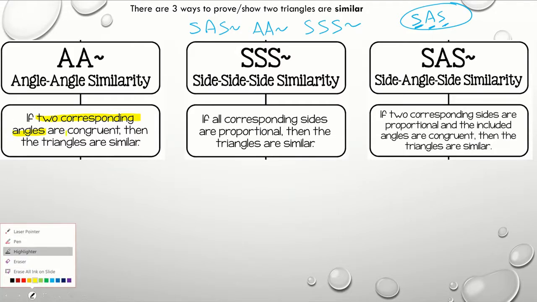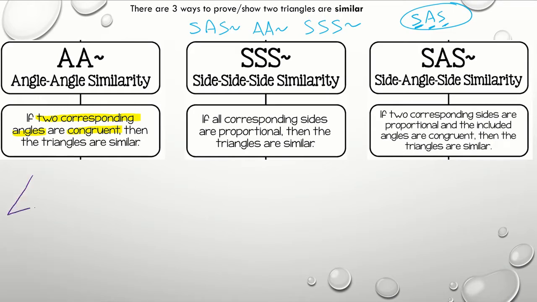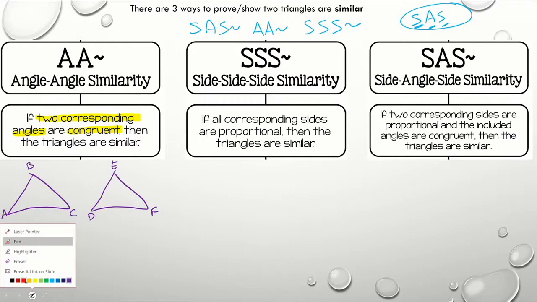So it says if their corresponding angles are congruent, then that is enough to prove that two triangles are congruent, right? So what that looks like is, let's say I have these two triangles here, and I'm going to go ahead and label them A, B, C, D, E, F. One thing we have to remember is that no matter how you draw a triangle,